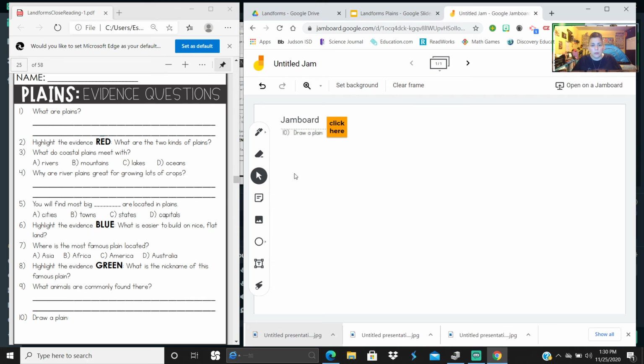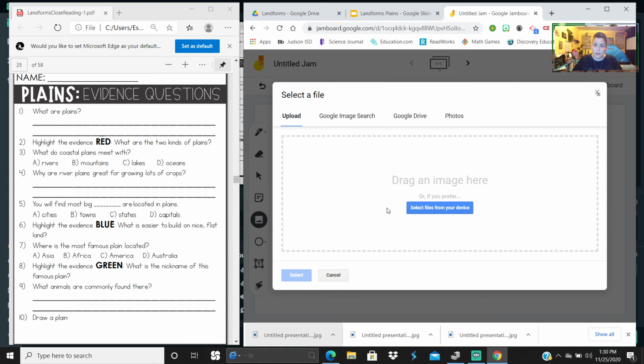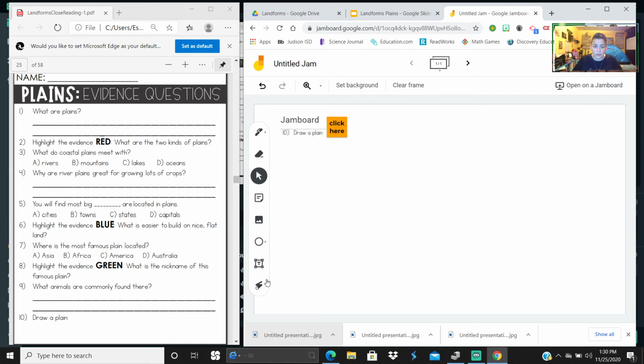Okay, so this is the eraser, and then they can use that to select different items. That's the sticky note. They can add an image. They can Google one from the Google search or if they have a file. This one does a text box. Okay, and then this is just a laser pen. It disappears after a while, for when you're showing your students what to do. Okay,